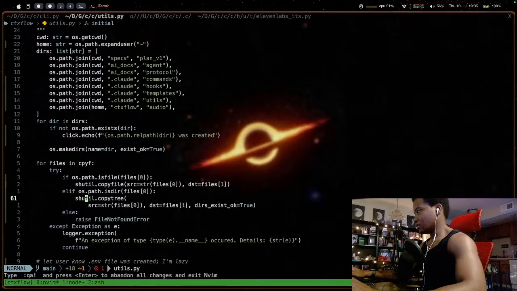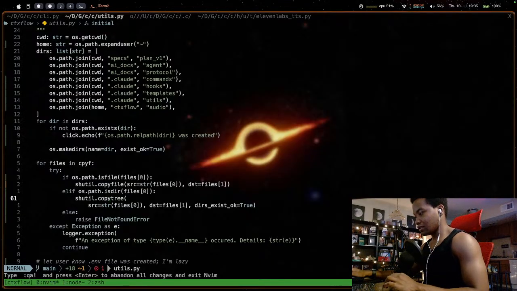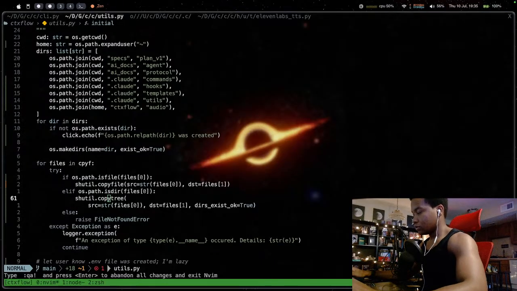I can't get the function definition for some reason. It's literally not working. Probably my sign to stop. shutil.copytree.